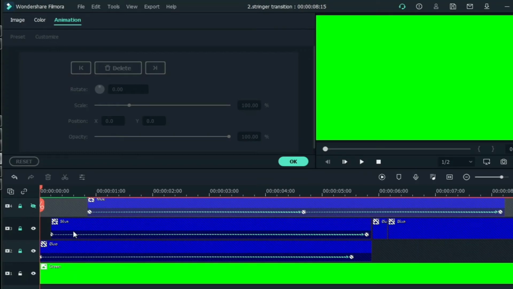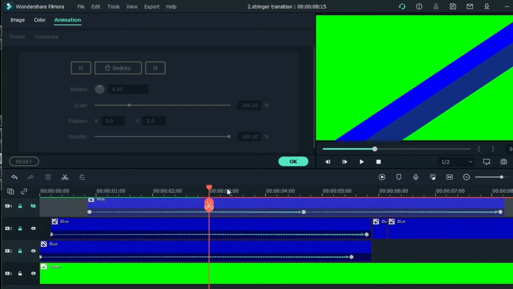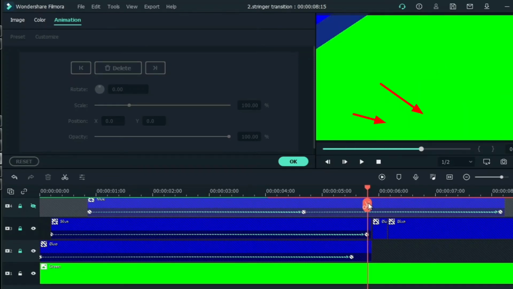So now I've deleted that dummy white element and I'm back to my original timeline that I've created, and I have turned on the eye icon on the third video track, as you can see, and I'm going to play the timeline here, and you can see two blue color rectangles which are moving from bottom right to upwards top left.